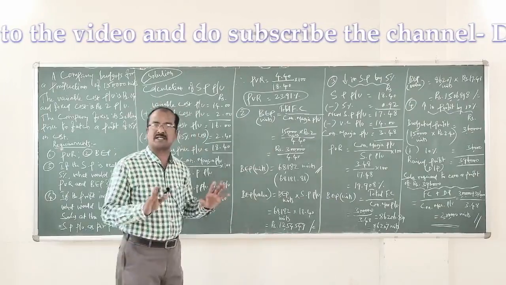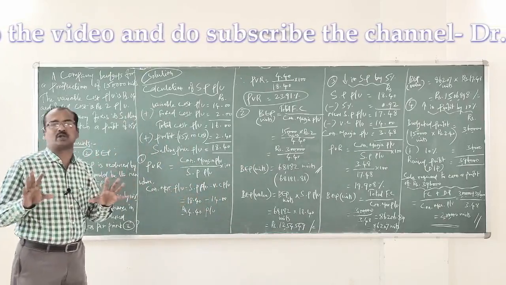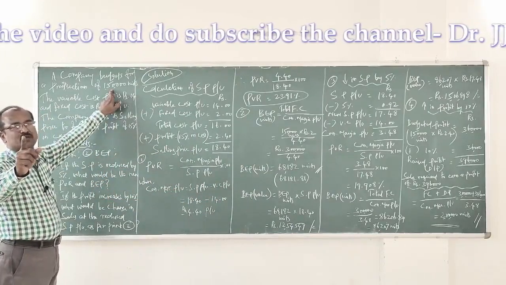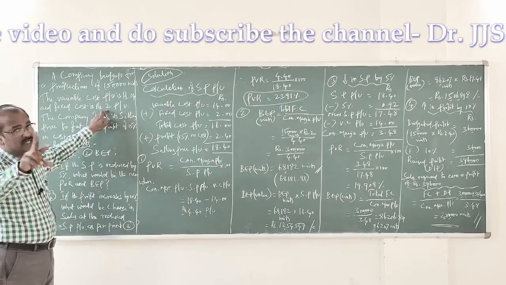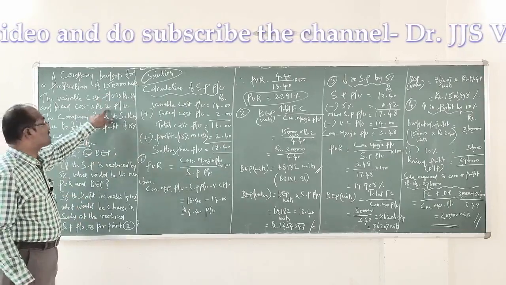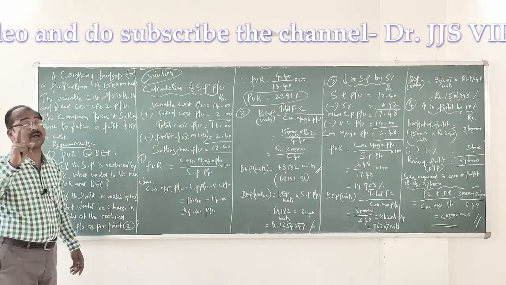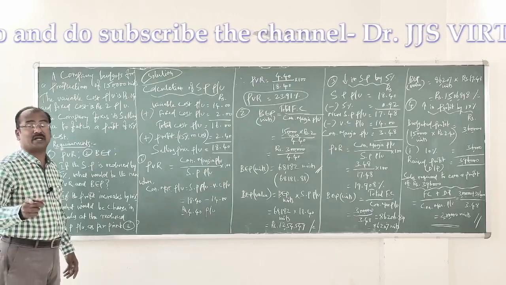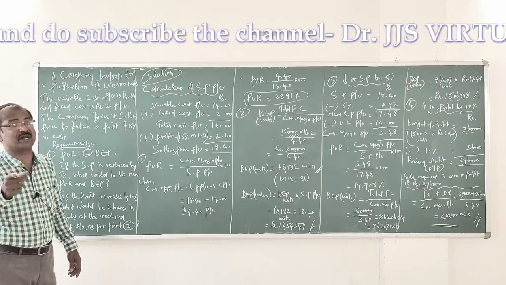Now, total fixed cost is not directly given in the problem, but we have the information based on which we can calculate the total fixed cost. When the factory plans to produce 150,000 units, the fixed cost per unit is estimated to be 2 rupees. Please understand, when it plans to produce 150,000 units, the fixed cost per unit is rupees 2. The total fixed cost used to be the same for all levels of production, not the fixed cost per unit. Fixed cost per unit will change according to the volume of production, but the total fixed cost will remain the same.